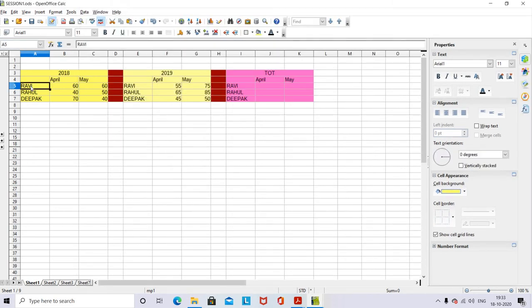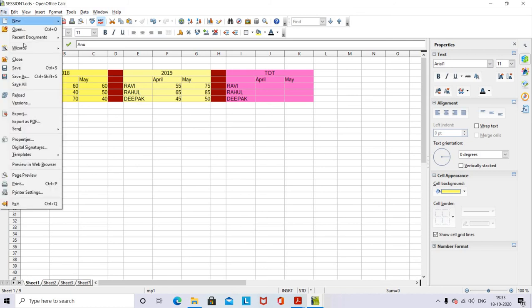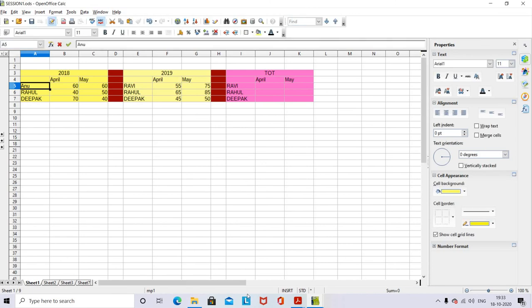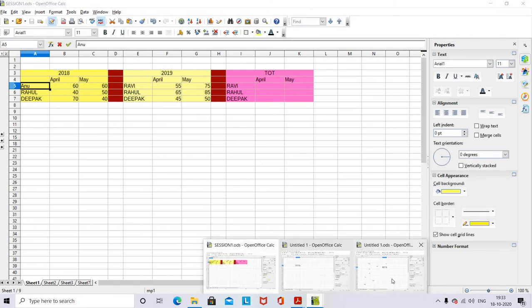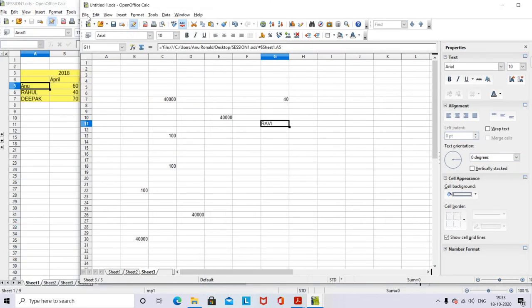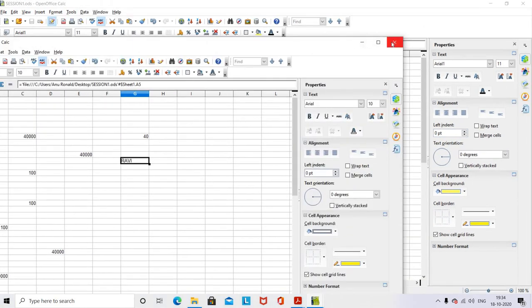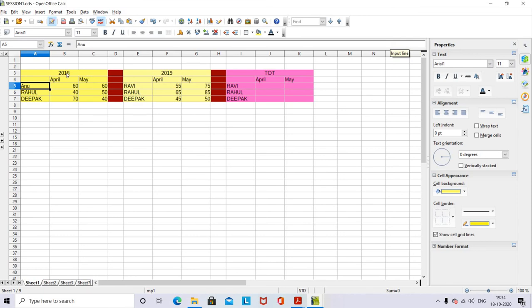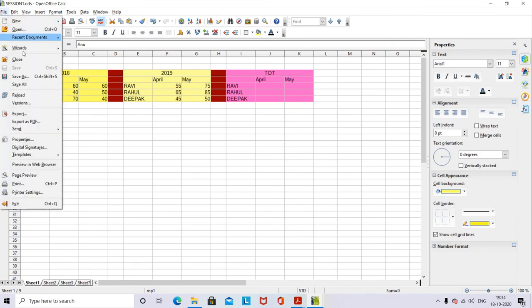So just see, I want to make changes here. I just made some changes. I'm writing a name, made the changes and save it. Coming back here, this also I'm saving. Close it. Close this document, and if you open it again, you can see the new value here.